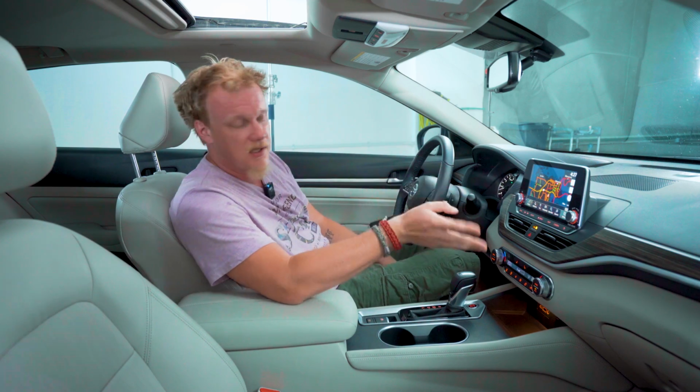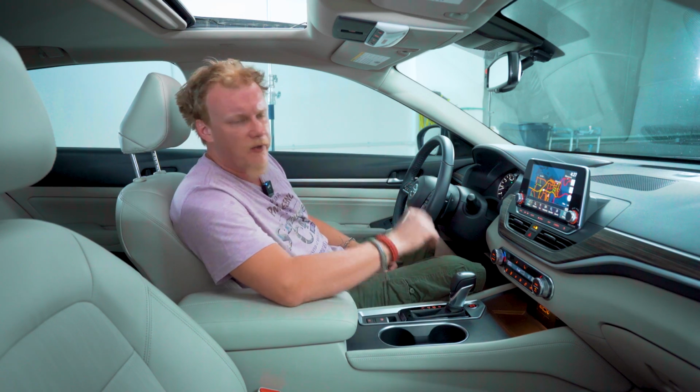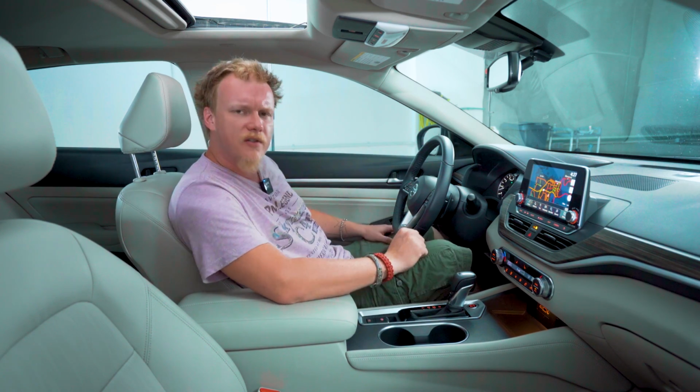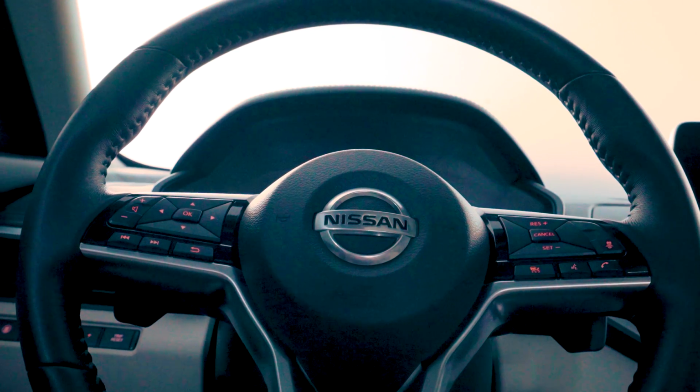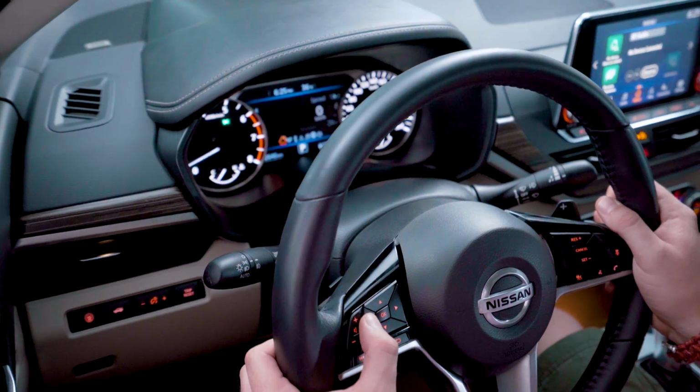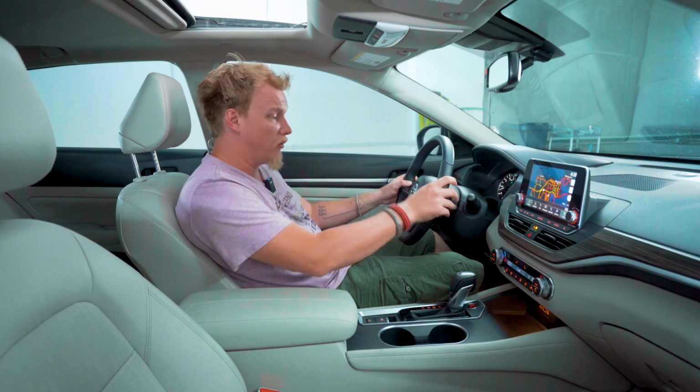Now, last but not least, it comes to the gauge cluster. Now, Nissan has made it very, very familiar, which is obviously very nice. You've got your RPM on the left and your speedo to your right, but they've now given you the screen in the middle with the buttons on the steering wheel allowing you to go through various menus. You've got your navigation, you've got your Bluetooth, you've got your surrounding 360 area, you've got your fuel economy, and